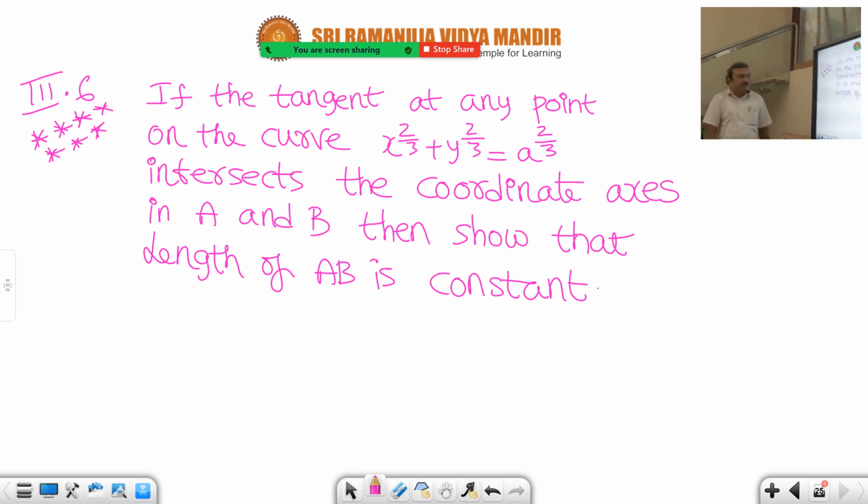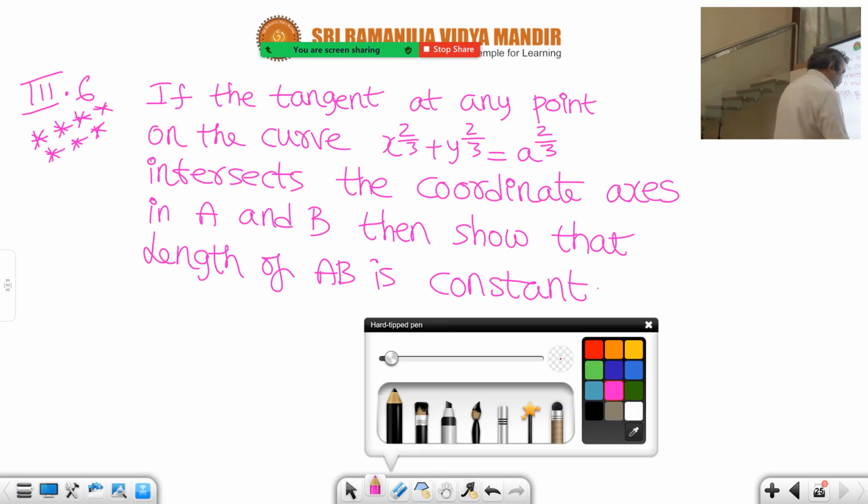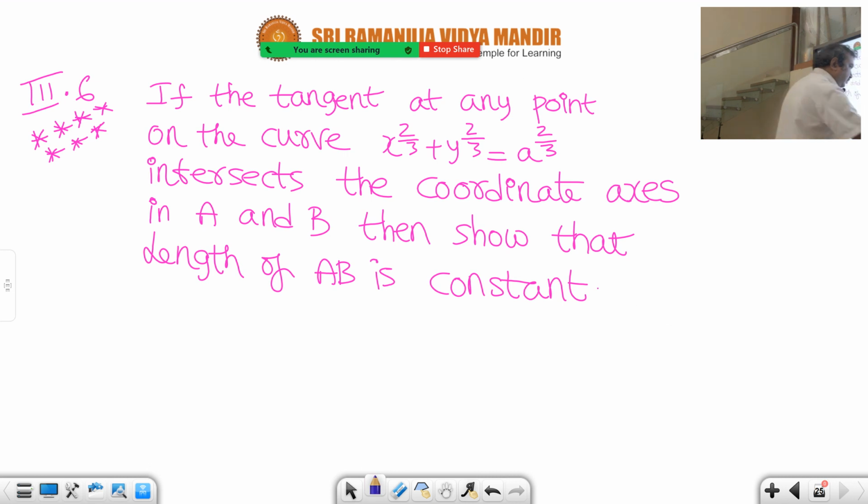So take a screenshot for that. It will save our time. If the tangent at any point on the curve x power 2 by 3 plus y power 2 by 3 is equal to a power 2 by 3 intersects the coordinate axis in A and B, then show that length of AB is constant. Now, beginning with the solution,